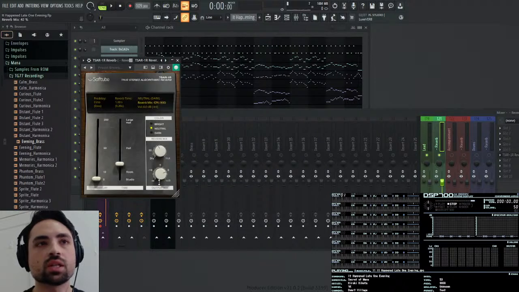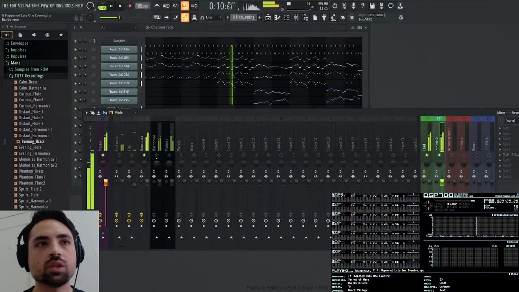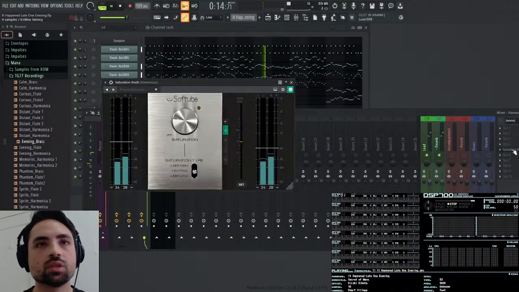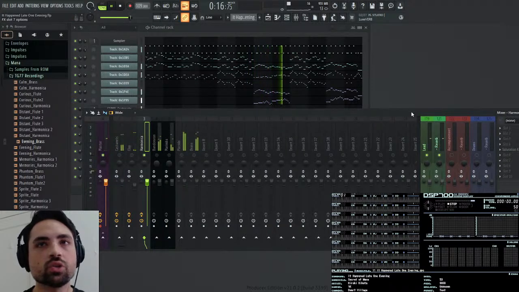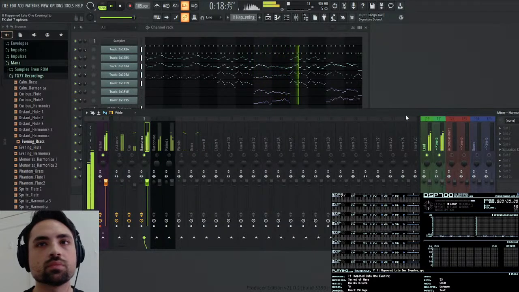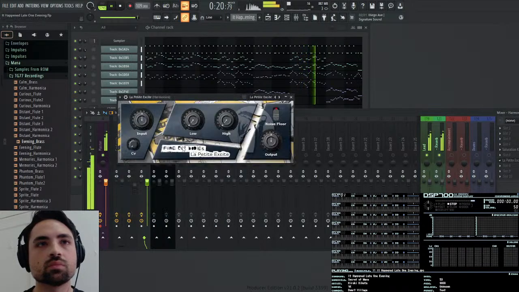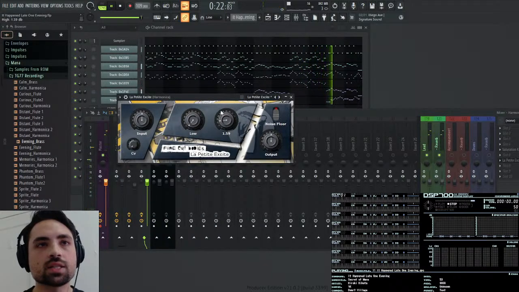We can set this to like a room with very weak reverb. Nice. And let me give it an exciter too. Yes, there we go.